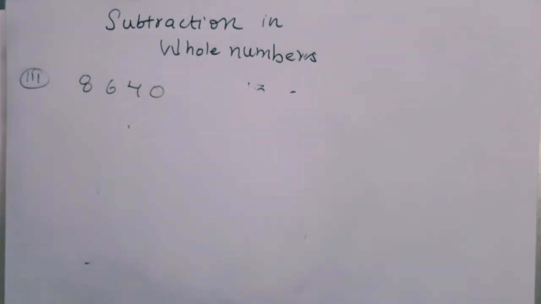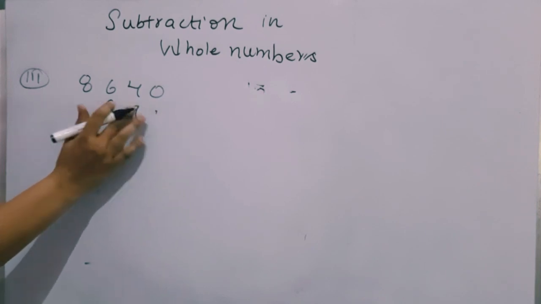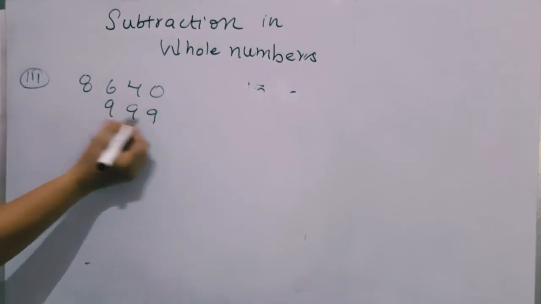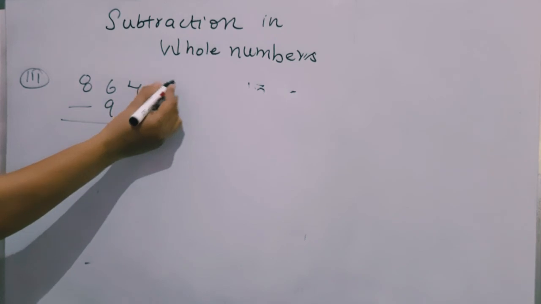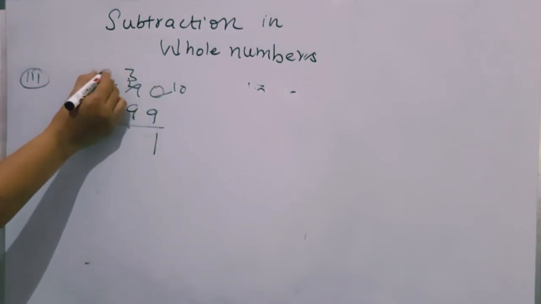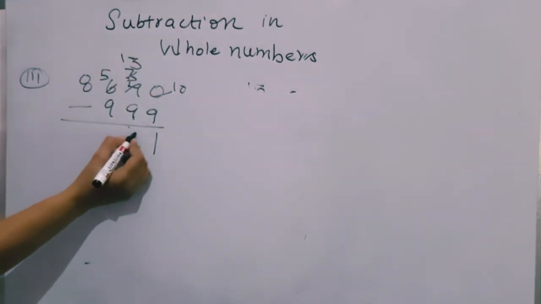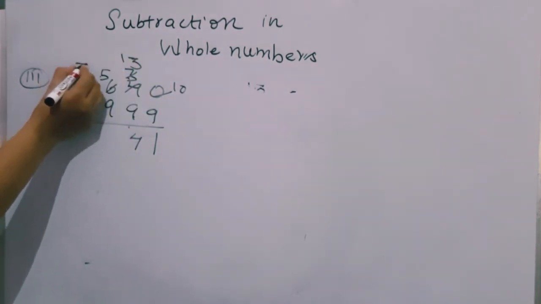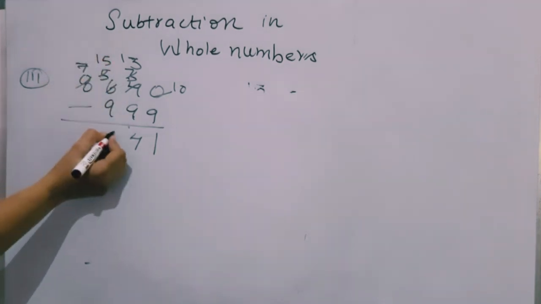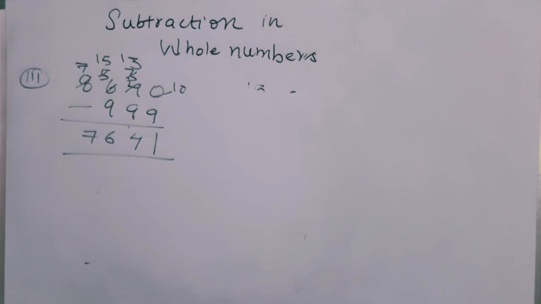8,640 you have to subtract it from 999. Now 0 minus 9 is not possible, so carry must be taken, so it will become 1. 3 minus 9 is not possible, again carry will be taken. Now 13 minus 9 is 4, 5 minus 9 is not possible, again carry. So 15 minus 9 is 6, and here it will be 7,641. Now the fourth option is